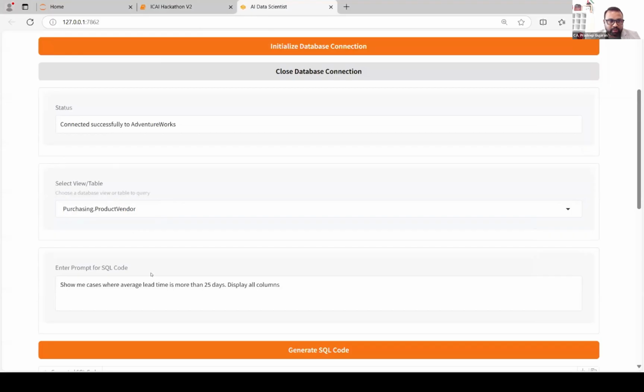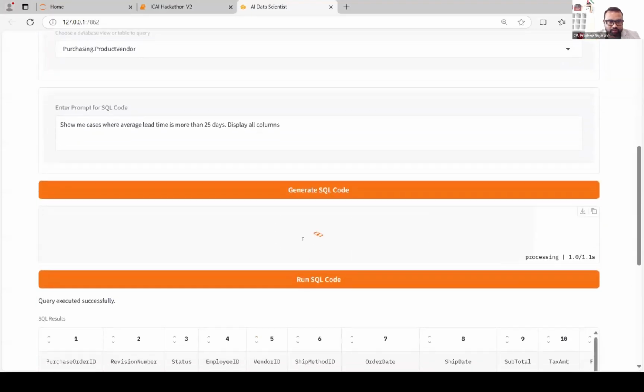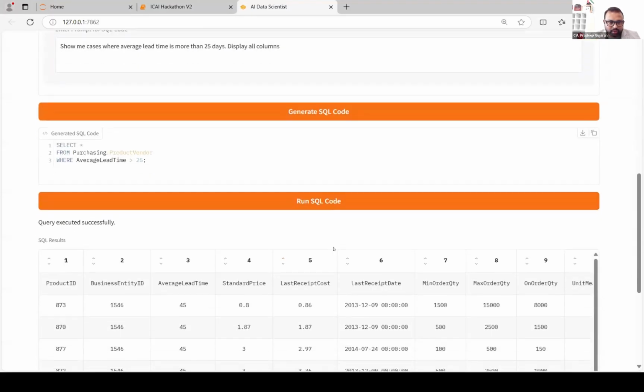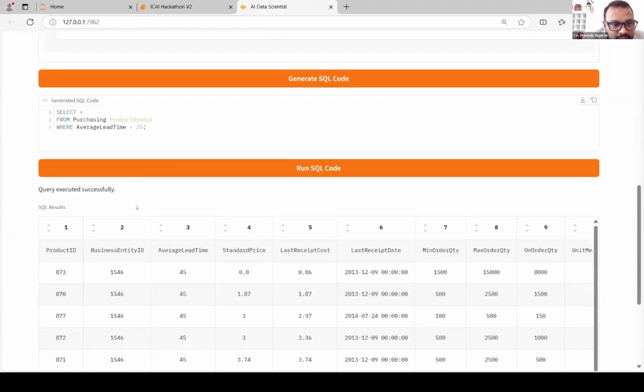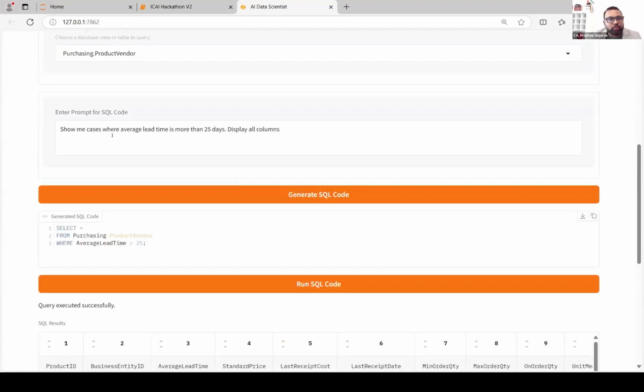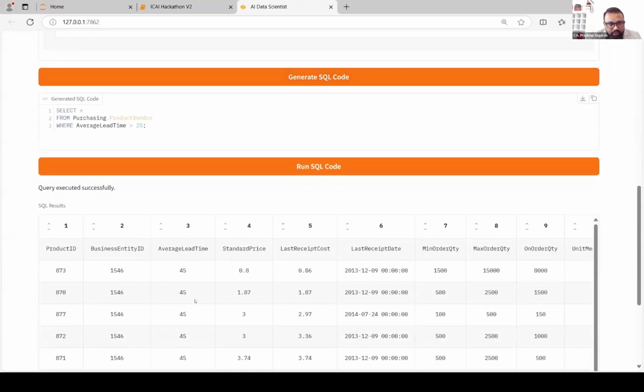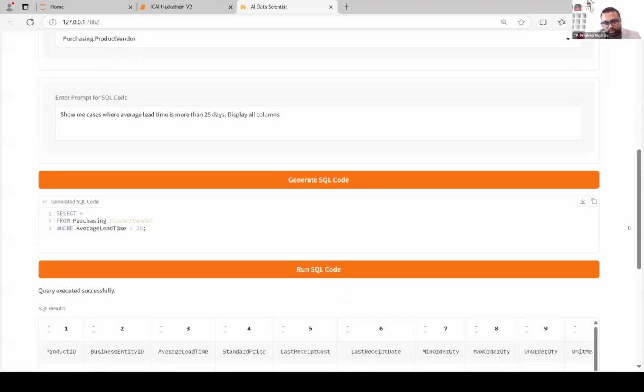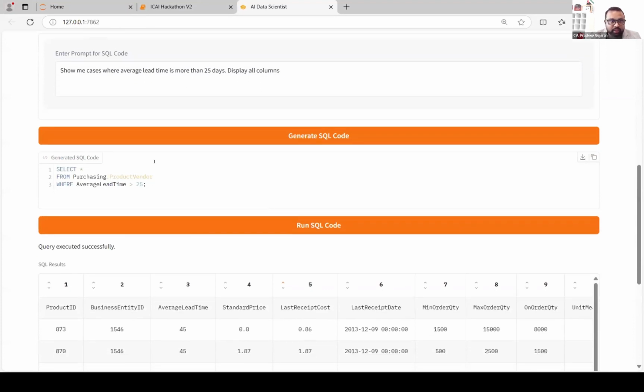This is my table name, and this is my prompt, and this is my SQL code, and this is the output. So here I'm trying to find out, show me cases where average lead time is more than 25 days. And it is actually showing me the cases where the lead time is more than 25. So like this, even though you don't have a knowledge of SQL,